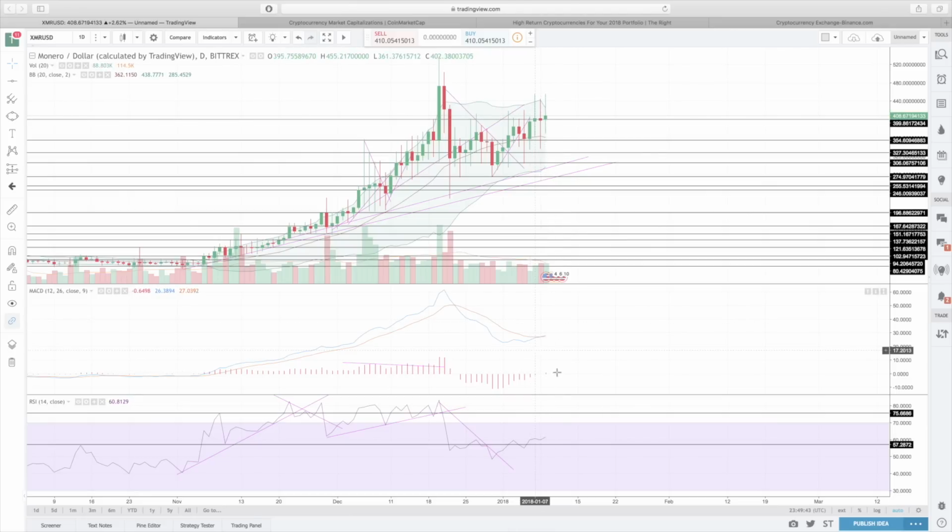And now we saw a crossover on the MACD histogram, RSI moving above that 60 line. That was a resistance level. So a lot of good indicators right now. A lot of volume as well on this move higher. I think I called this in the previous daily crypto update, but I think we can see a breakout here